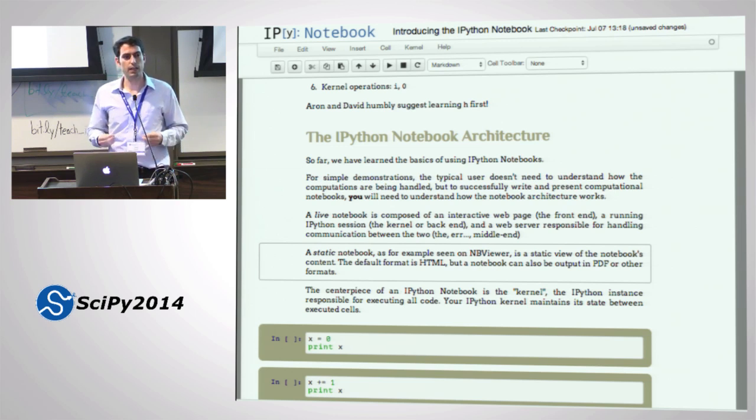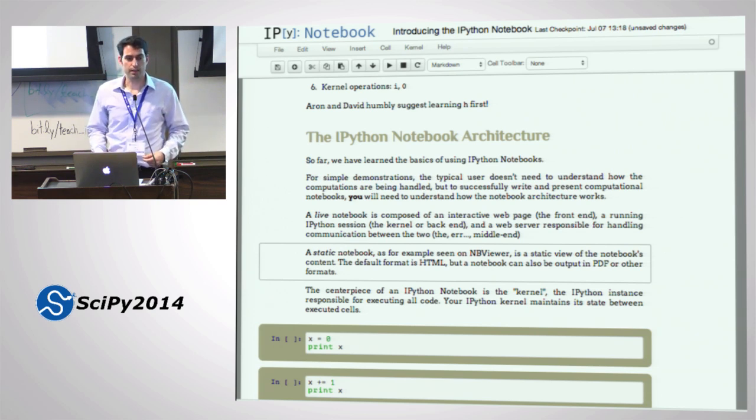It is okay for it to be magical to the students the first time they see the IPython notebook. The first time. It is not okay for it to be magical to you. You should understand a little bit about what's going on here, because if things go wrong, it's important to understand how they might be going wrong and what you might need to do to fix it. And for example, which computer needs to be restarted.